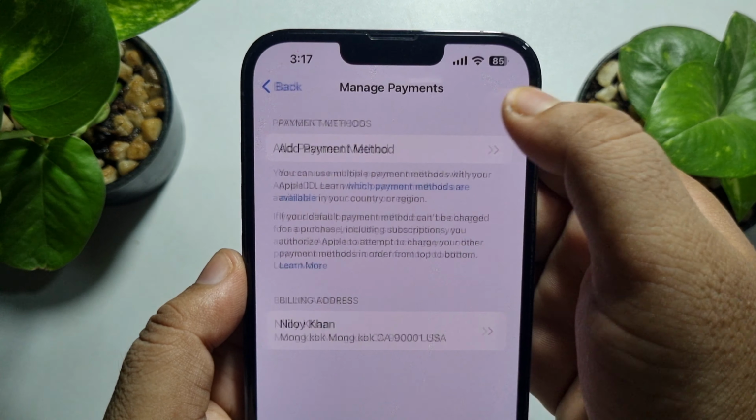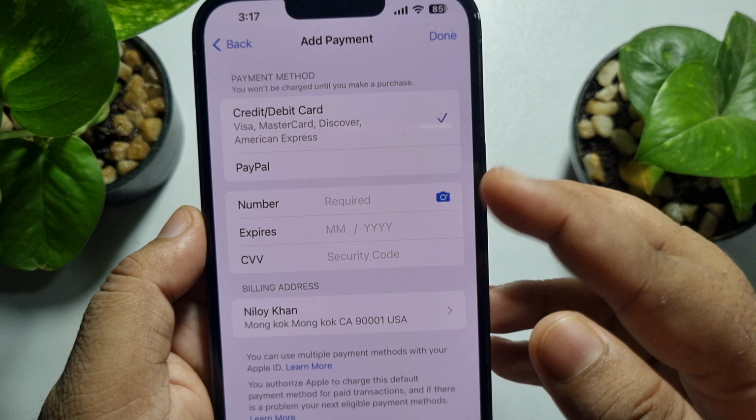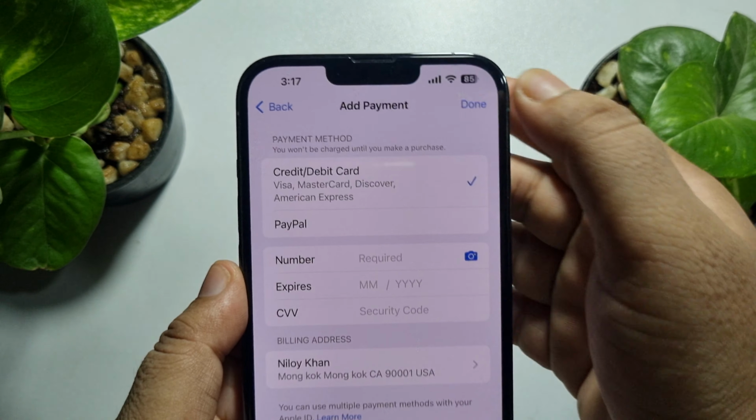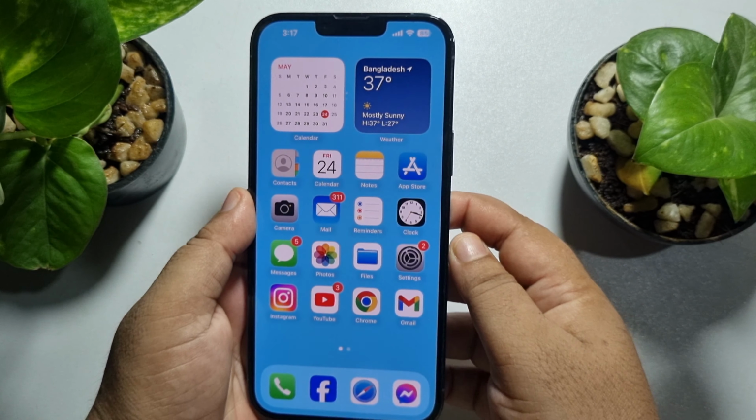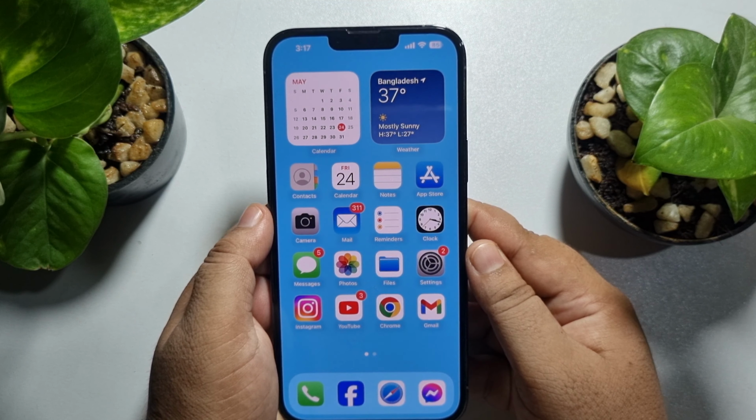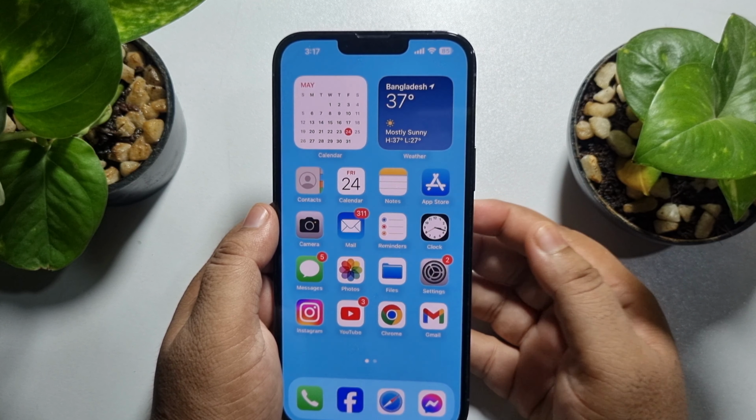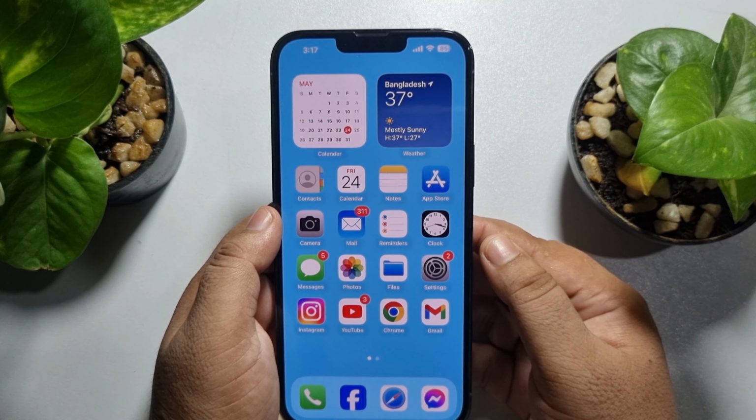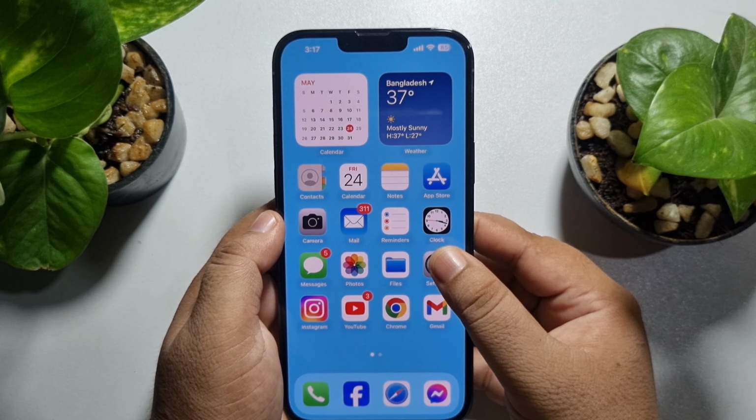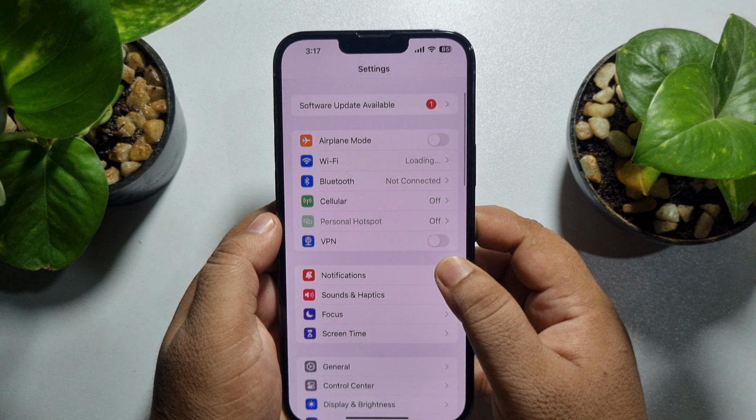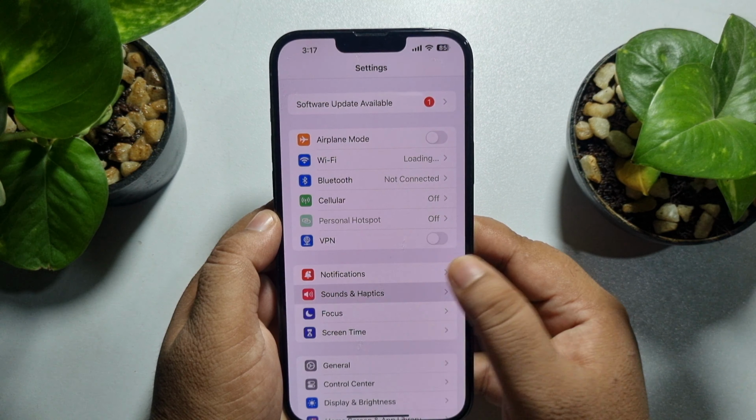Tap on Add Payment Method, and all you have to do here is enter your payment method and add your payment method first. Once you successfully added your payment method and you have funds in your credit or debit card, now it's time to purchase a ringtone. To do that, go to your iPhone Settings again and now tap on Sounds and Haptics,